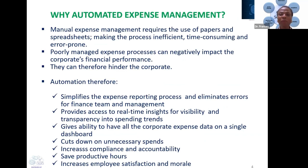In a situation whereby you don't have full visibility, you don't have accountability, it's error prone, and you also don't have control, especially in large organizations where we have several things happening at the same time, many employees, many traveling, procurement, everything going on at the same time. It's very difficult to track everything and ascertain your return on investment on these